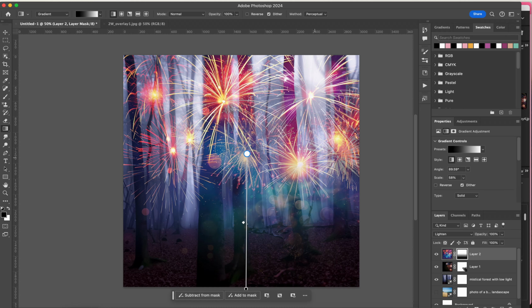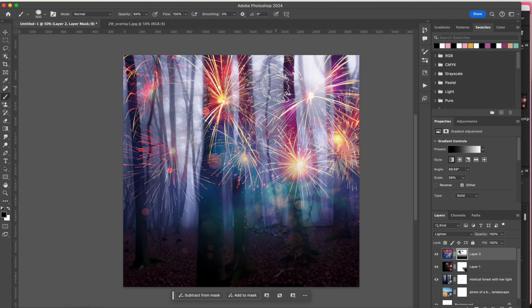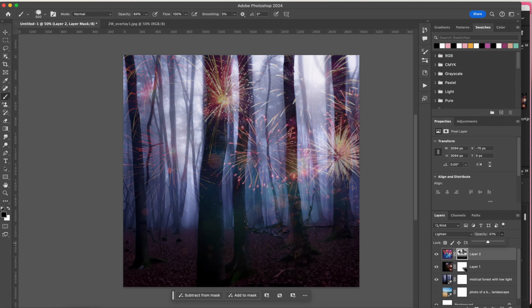Okay, and then what I can do at the top, I can use the brush in combination, and my brush is 84. So it's just in some instances of the photo, and then I can reduce the opacity of the layer. So you have some effects, but it doesn't overpower the picture. Okay,